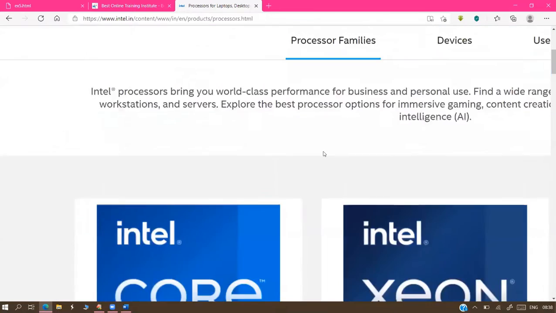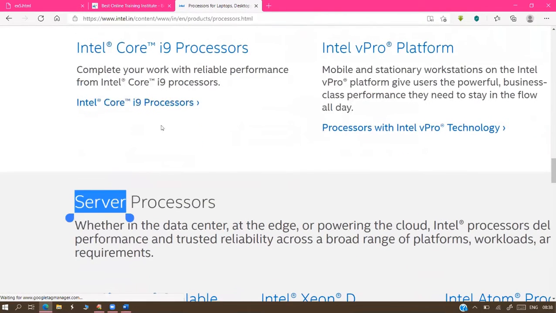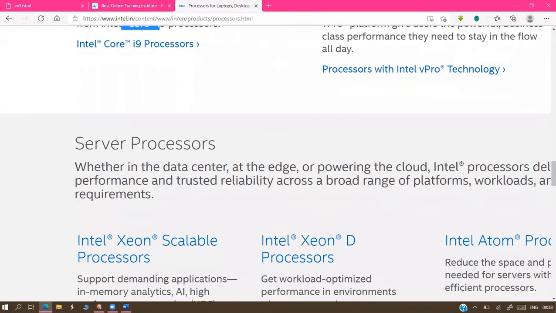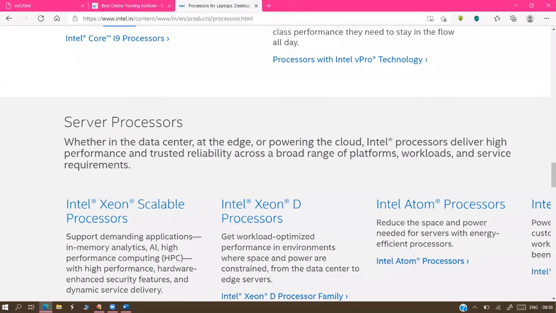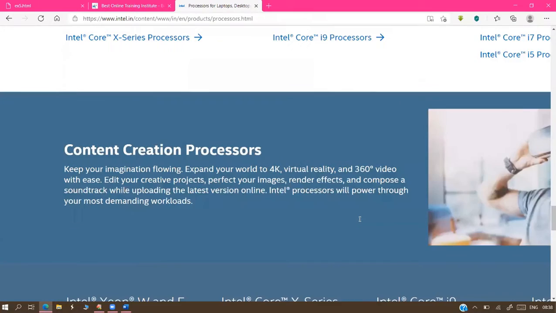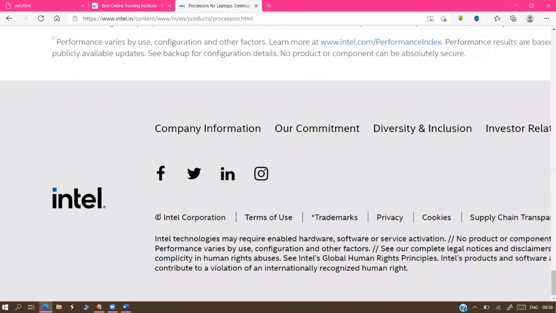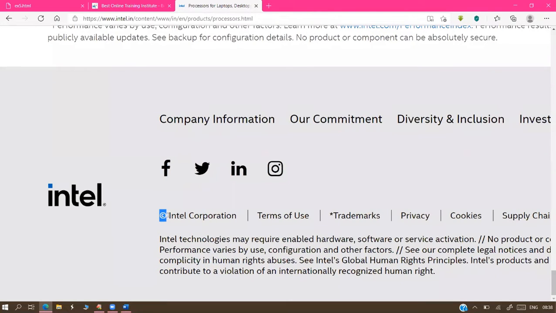A company name will come with the copyright symbol. See, there are so many cases with R and TM. The same way, if you search, somewhere we'll get the copyright symbol also. See, Intel Corporation with the copyright symbol C.